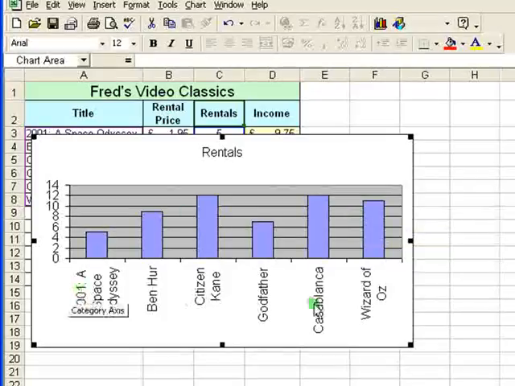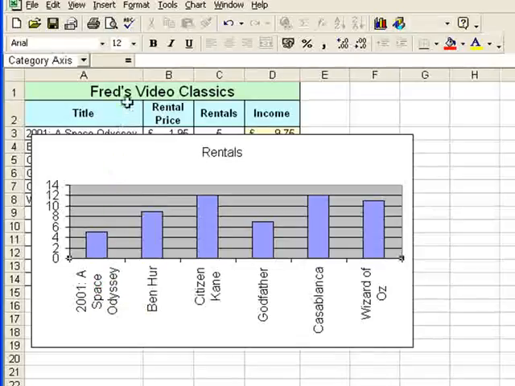I'm also going to resize the font on the labels here at the moment. If I click on the category axis which contains the titles there, so select that, you'll see the font size says 12 at the moment, so I'm going to click